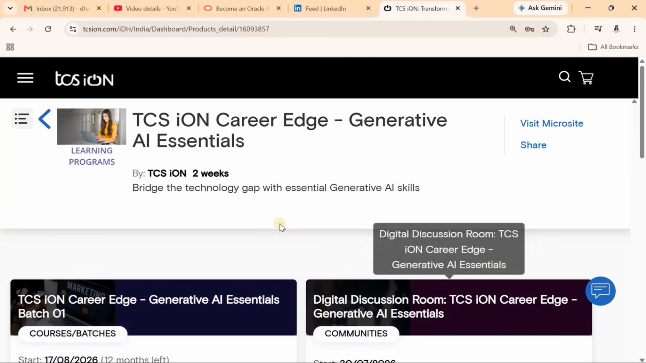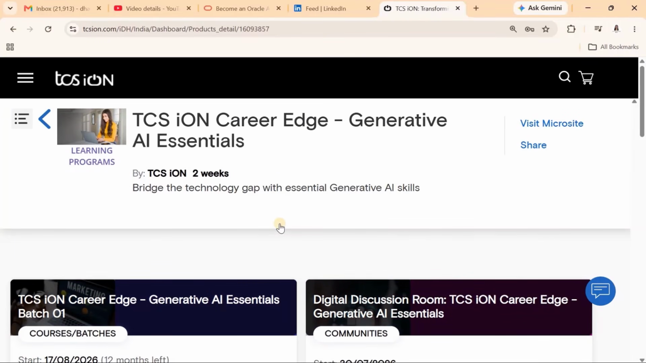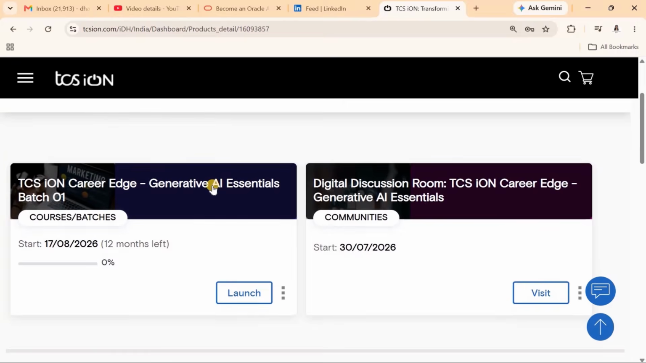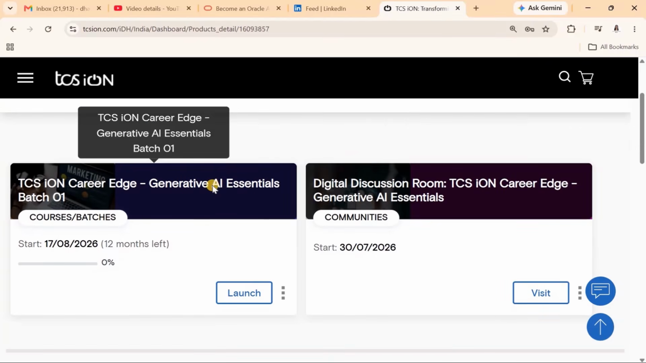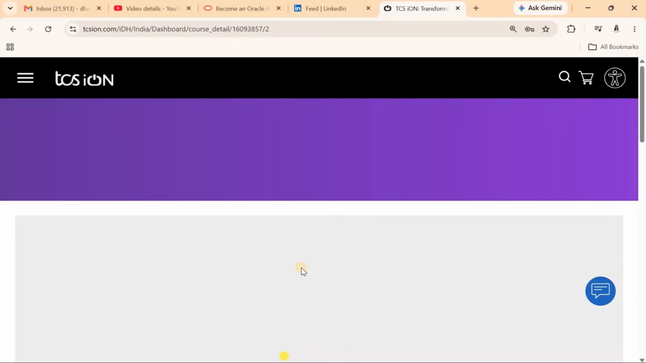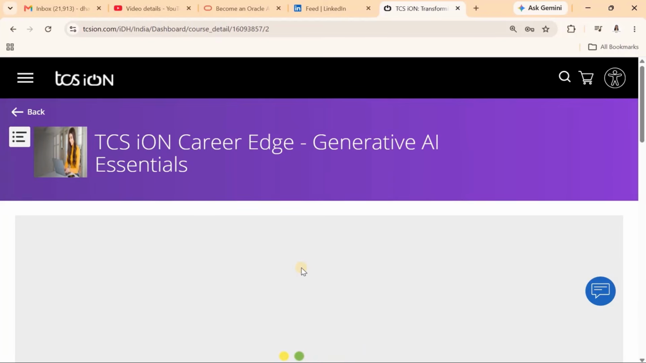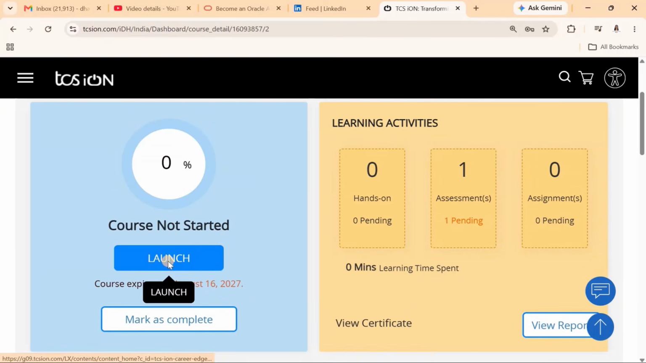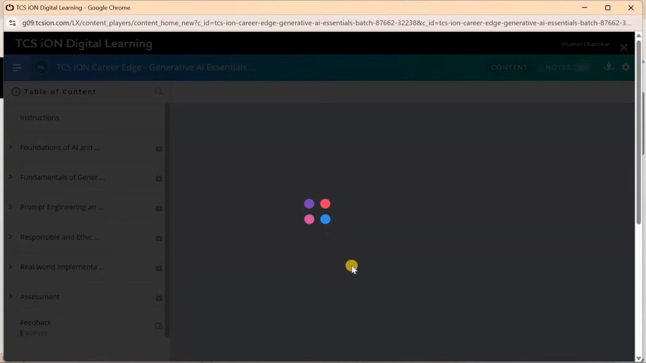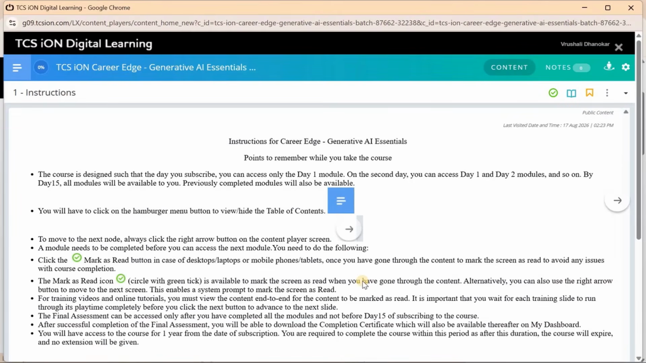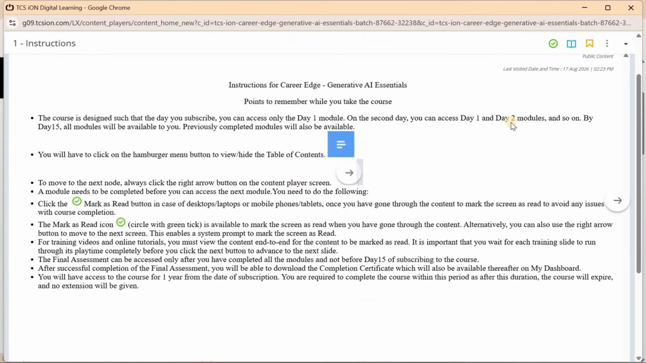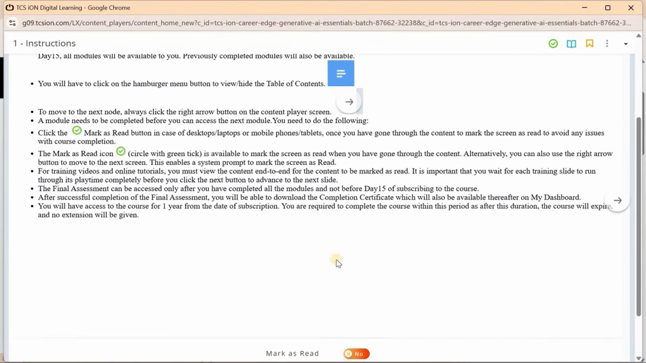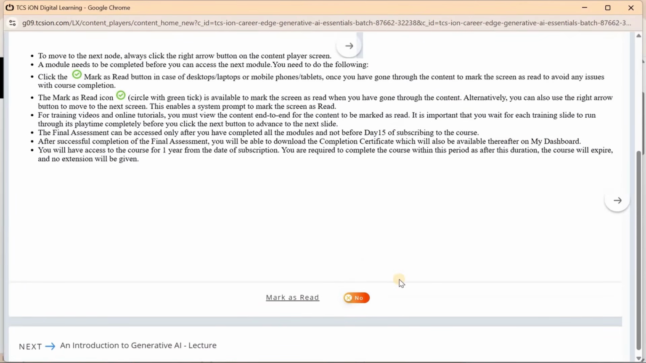Okay, see, the proper TCS iON window has opened. Now your course is Generative AI Essential. So just click on this course. Wait a second. Okay. Now click on launch. After that, this particular TCS iON window will open. See. Now mark as read